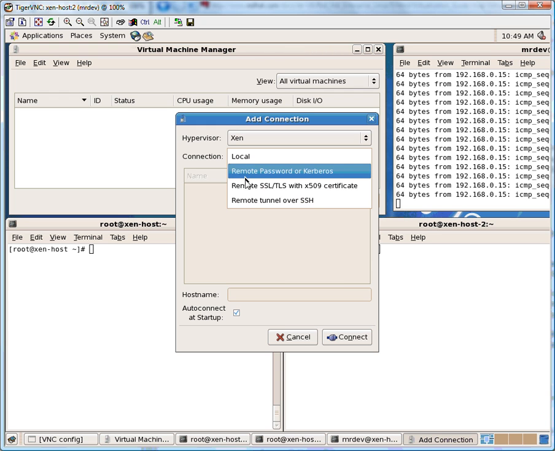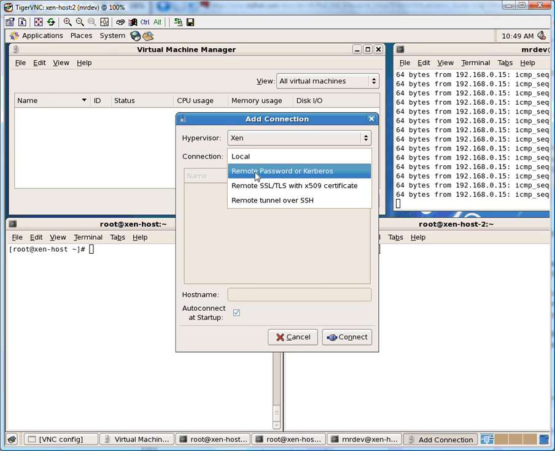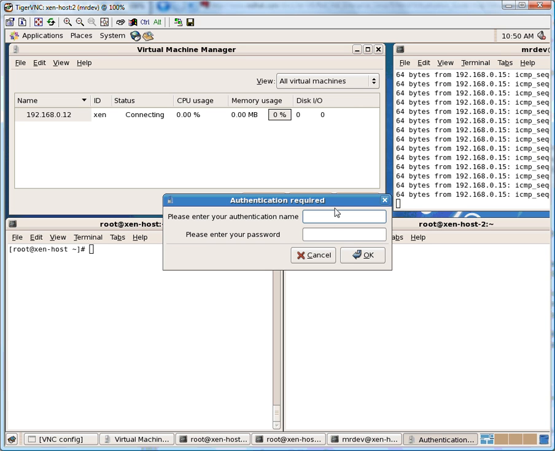Here there are three things you can do, and all three are basically secured. So remote password. In my case, as I have used MD5 authentication using SASL infrastructure, I will use a remote password. Now here is the host IP I have to add, which is, I have two VM hosts, 192.168.0.12. I can say auto connect at startup, so whenever I start my virtual machine manager, it will connect. It will ask me for user ID, password,